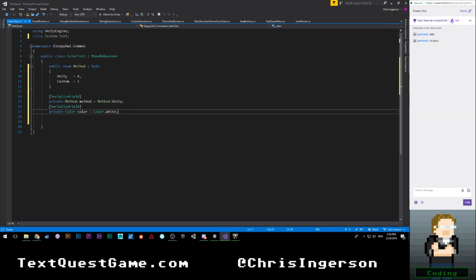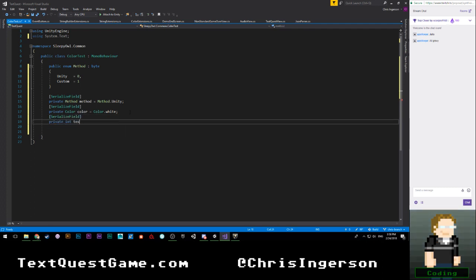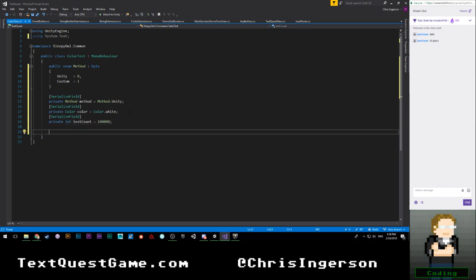Okay, and we're also going to need to say using System.Text. We will also go ahead and serialize a field, and we'll say private int testCount equals 100,000. That seems like a good thing. Basically, what we're going to do is iterate through. We'll do 10,000 actually by default. Maybe 1,000 by default. And we're just going to do a for loop